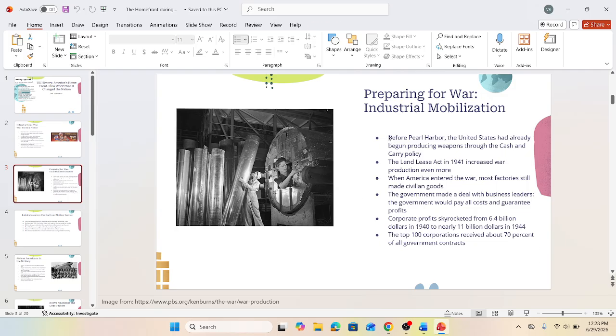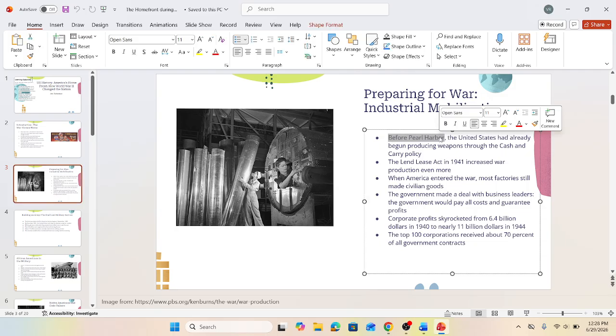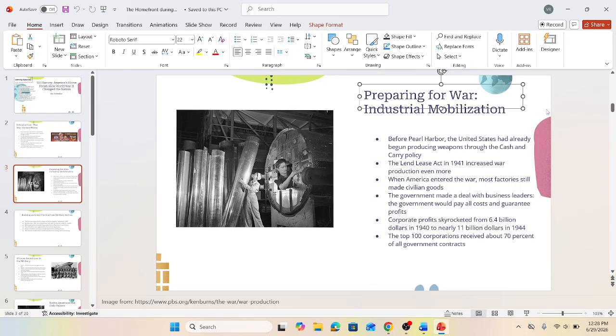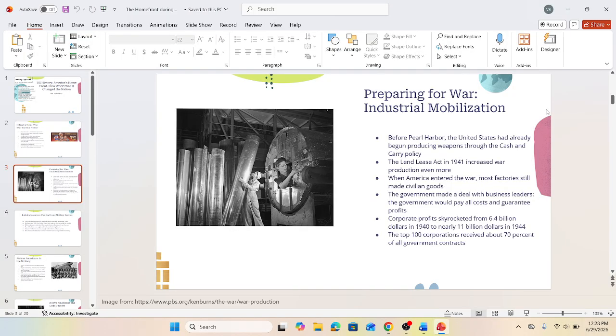So we talked about Pearl Harbor and the Pearl Harbor attack in our last lesson, right? That's when the United States officially declared war against Japan, and then Japan and its allies declared war against the United States, and all of a sudden we're embroiled in World War II. Before that time, America had once again, just like World War I, tried to remain neutral, but really had been kind of supporting the allies